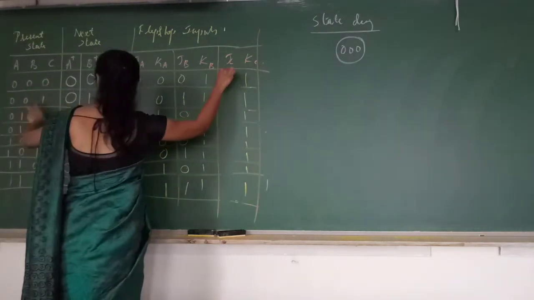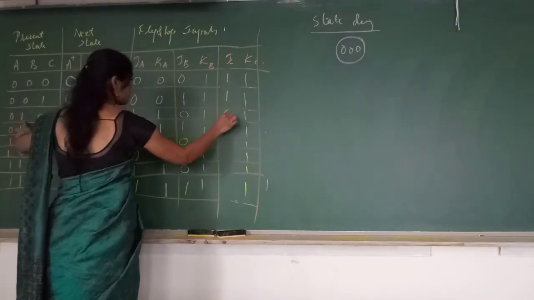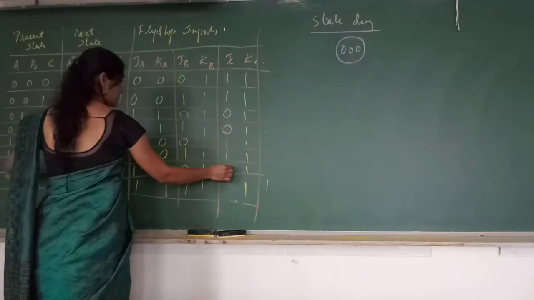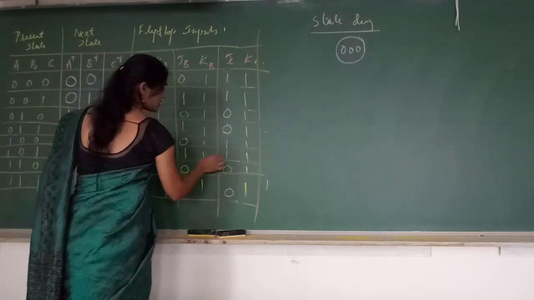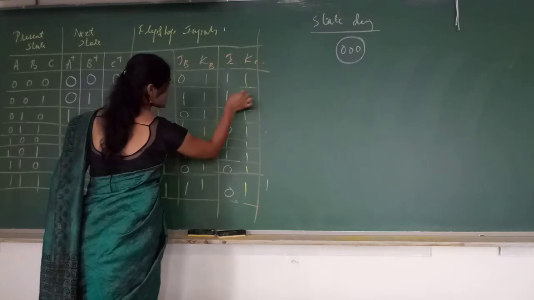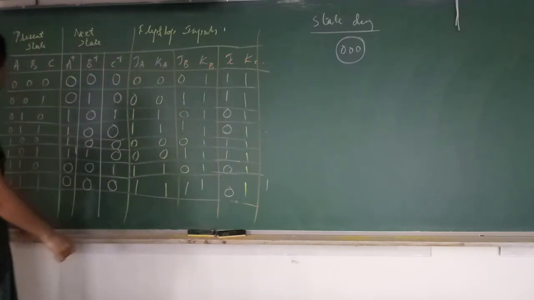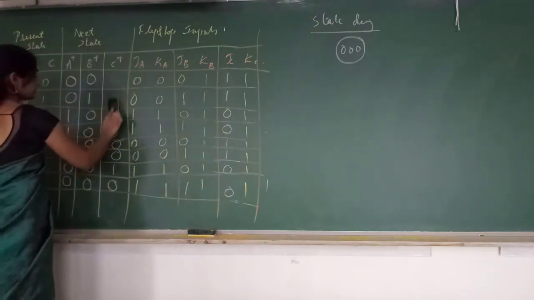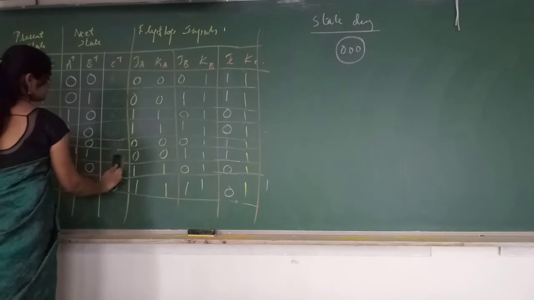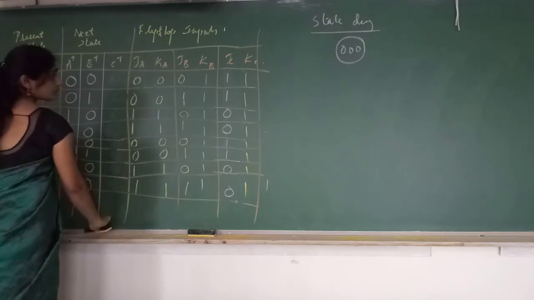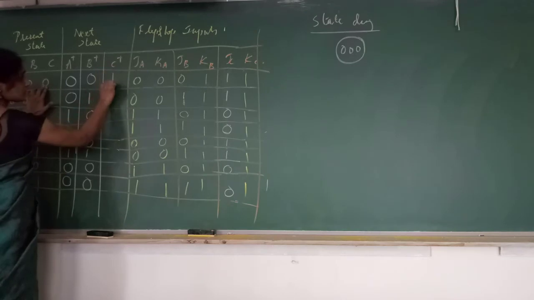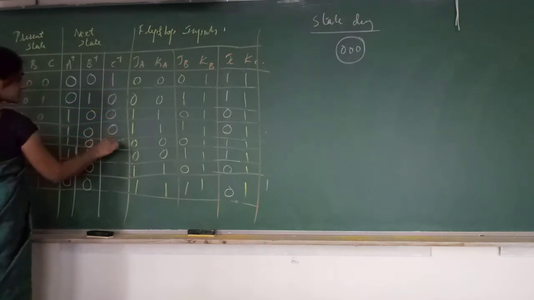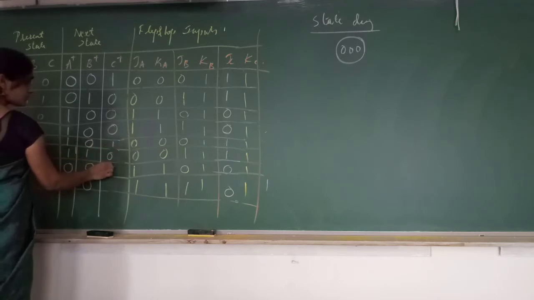So 1 1 0 0 1 1 0 0. Okay, JC is B bar. Please correct that in the equation. Now I have to change only C plus, right? Because only JC has changed. Okay, 1 1, complement of this. 0 1 0 0 1 0 1 1, complement of this. 1 1, complement of this. 0 1 0 0 1 0.